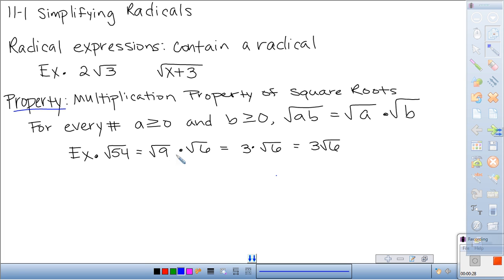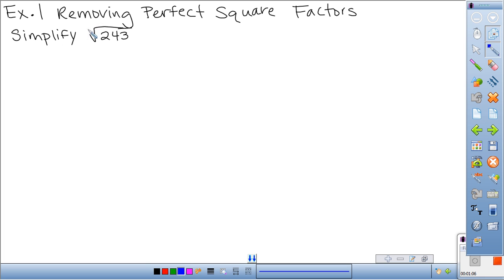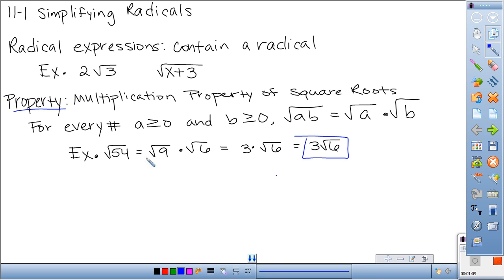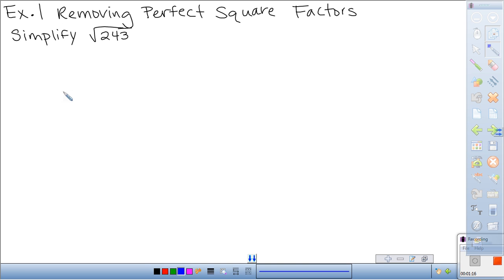And then you could take the square root of 9 and get 3. The square root of 9 is 3, times, and you cannot take the square root of 6, so we leave it in the radical, and you end up with the answer 3 square roots of 6. So your book uses this same method that we just looked at to simplify radicals. But I have another method, so I'll show you both, and then you feel free to choose whichever method you prefer. So if we were to simplify the square root of 243 using the book's method,